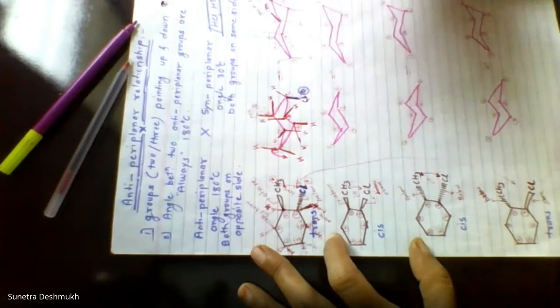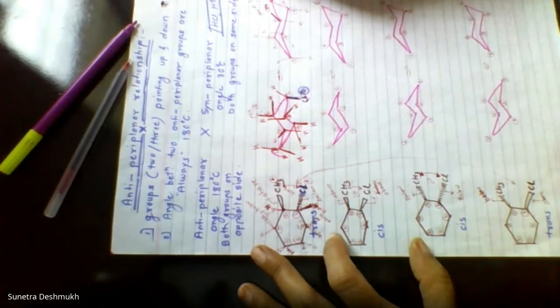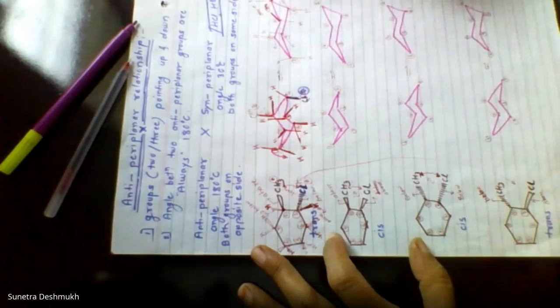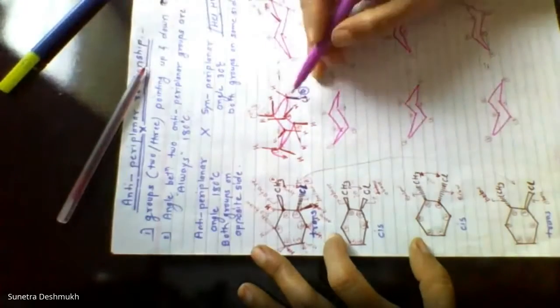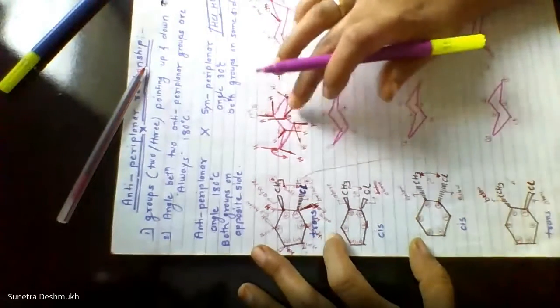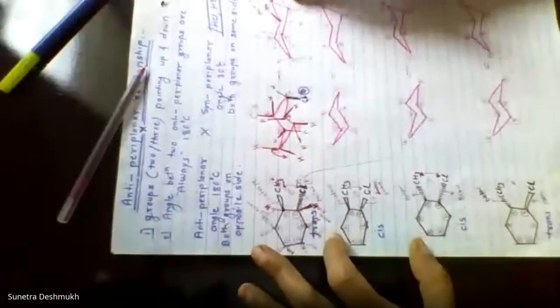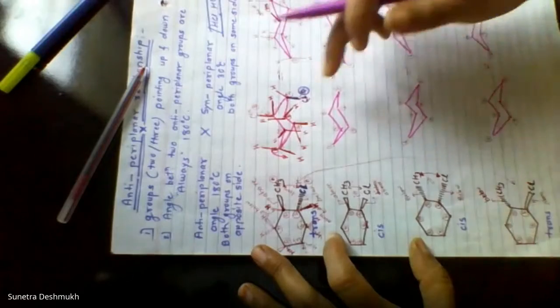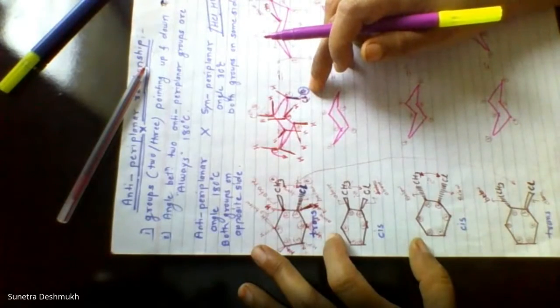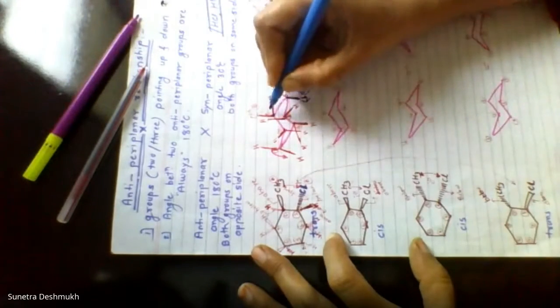Chlorine is present axial. The eliminating group should be present at the axial. So here only chlorine is present at axial position. Here chlorine is present at equatorial position, so here you cannot say this is anti group. We cannot consider equatorial chlorine for the elimination. So chlorine should be present at the axial position, then only this conformer can go for the elimination reaction. This conformer is not going to show elimination reaction because chlorine is in equatorial conformation. So chlorine is here at axial position.